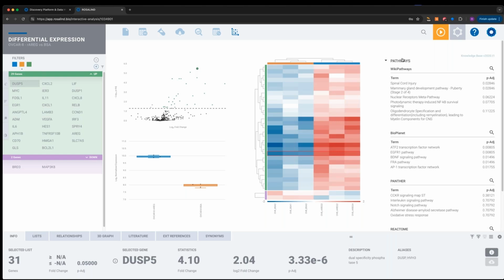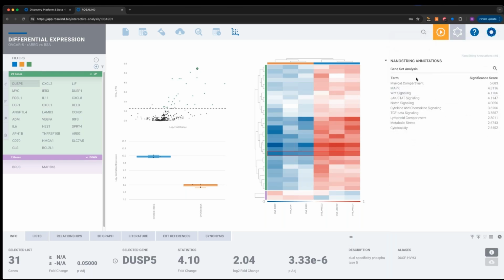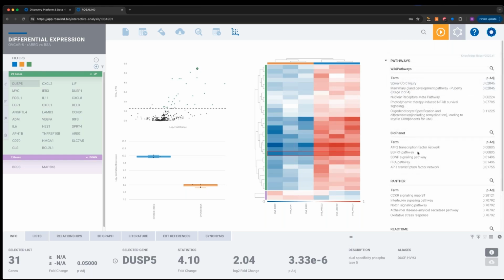So what we find when we switch to our pathways databases is one of the first things that comes up is here, EGFR1 pathway. This is directly the mechanism of action of the drugs that we're testing. This is pulled out straight away from the Rosalind intelligence, the Rosalind extended pathway analysis. If you remember, we did not get that as part of the standard NanoString annotations because it just wasn't defined ahead of time. But using this kind of unbiased approach across 50 knowledge bases and thousands of terms, we can easily identify and pull in directly the mechanism of action of this particular drug. So that's a really nice positive validation that what we're doing has a lot of value here.